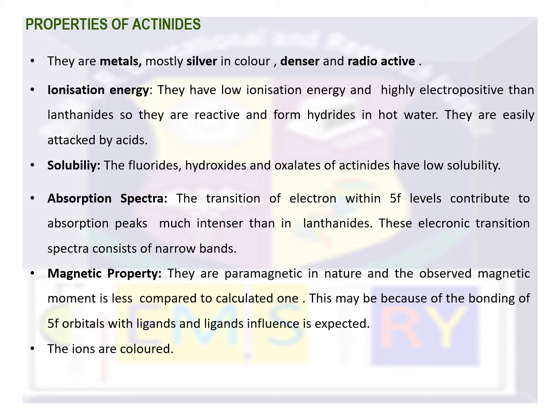We see this magnetic property mostly in complex molecules, that is, coordination compounds, where we have ligands, and the ligands have bonding with the 5f orbital electrons. Because of this kind of bonding and interaction, the ligands influence this, and there is a decrease in the magnetic moment of the complex. And also these actinides are colored. We will see the colors of these actinides in the next one.